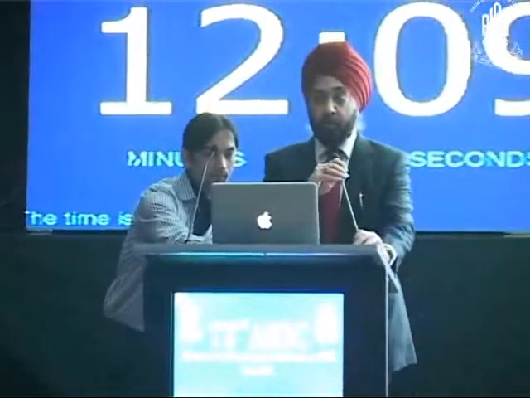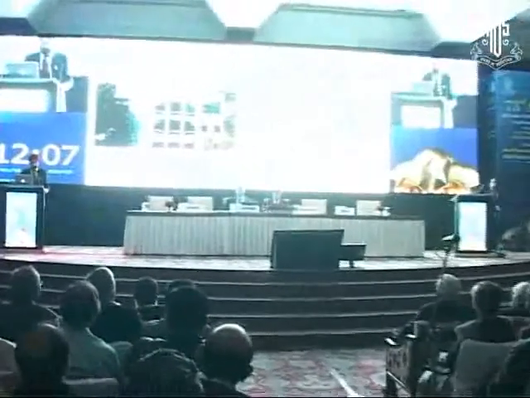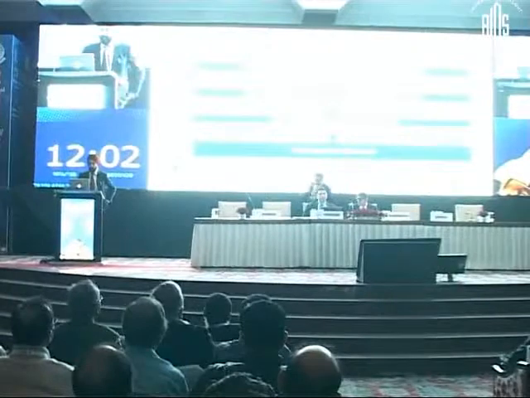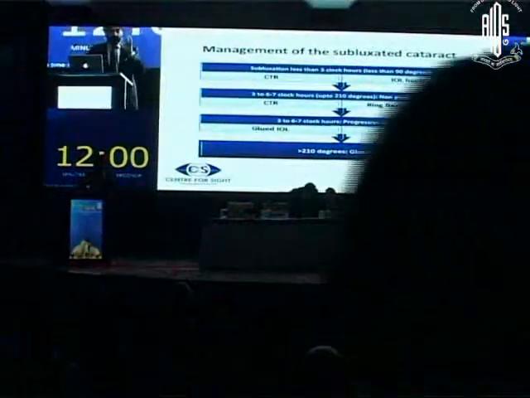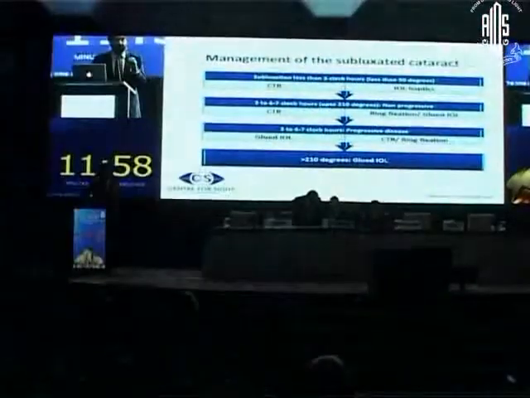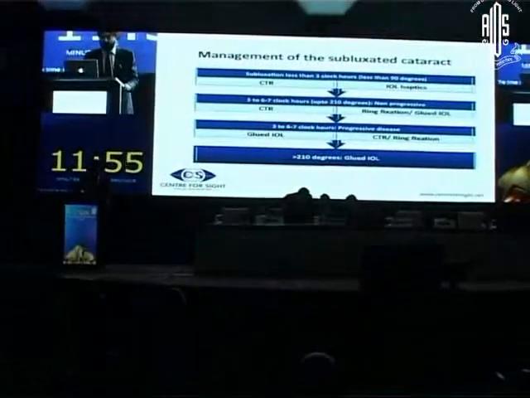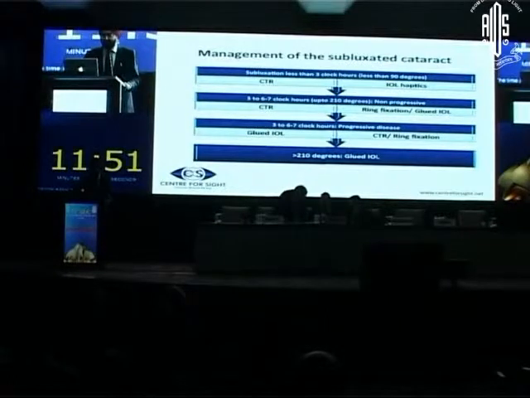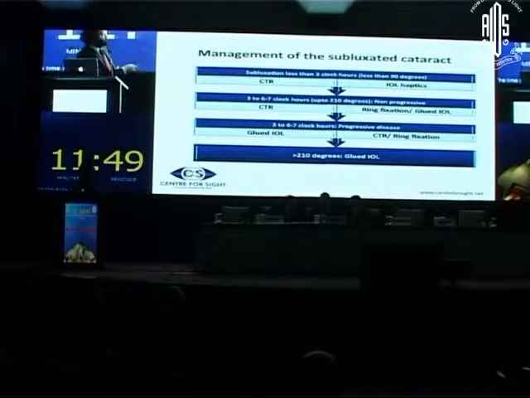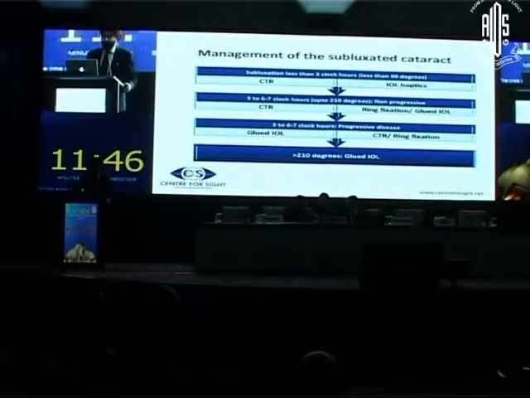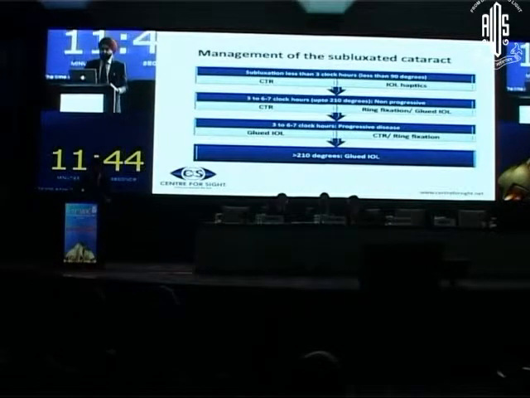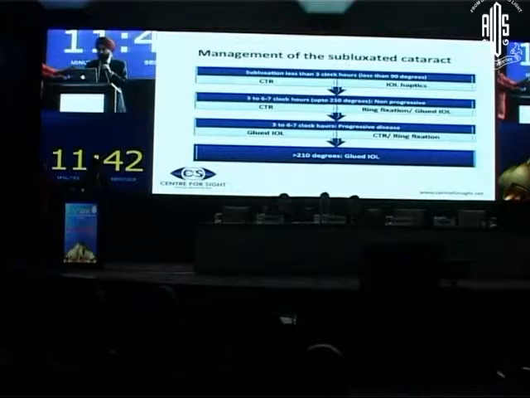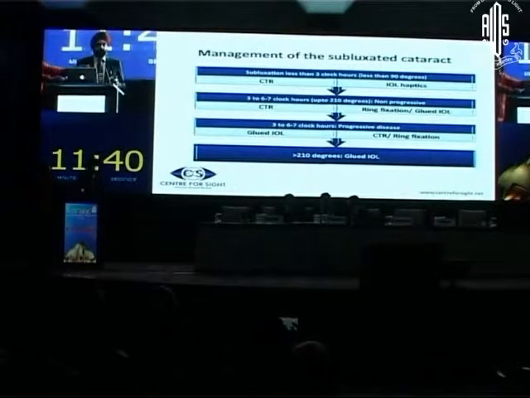The use of rings and hooks for doing cataract surgery in difficult situations. Now, if you look at a subluxated cataract and you have to manage that, essentially you have to first see the patient preoperatively and see how much the subluxation is. If the subluxation is less than 3 clock hours, that is less than 90 degrees, then you have two options. One is the capsular tension ring and the other is a 3-piece IOL, where you could use the IOL haptic itself to give the support.